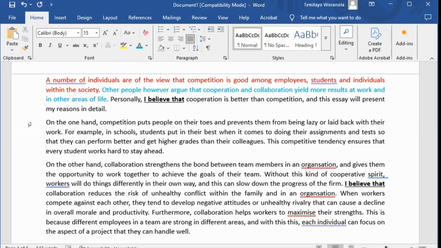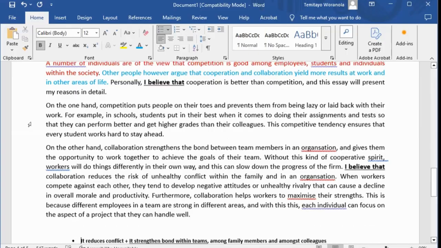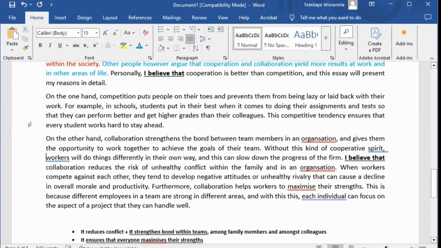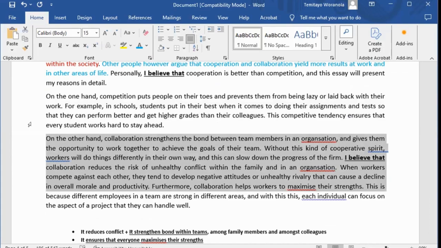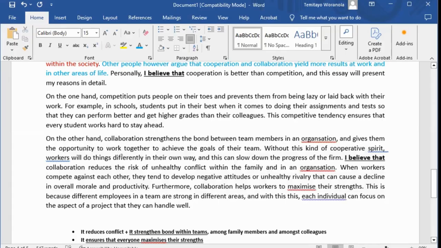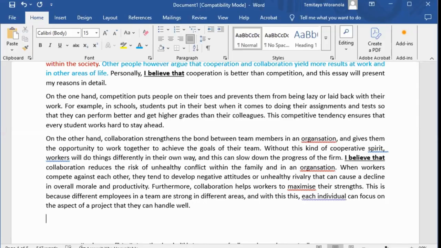Or at most 4 sentences. And if you do 4 sentences, that means the other paragraph that you are now supporting should have maybe 6 or 7 sentences. If you look at this one, now this is my third paragraph. 1 line, 2 lines, 3 lines, 4 lines, 5 lines, 6 lines, 7 lines. Can you see? That shows that what? Anybody that reads this knows that, okay, this person has spent more time writing about the view that he supports. Okay, so let me wrap it up with my conclusion.